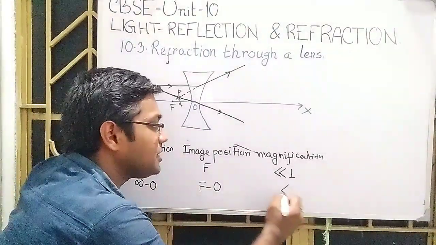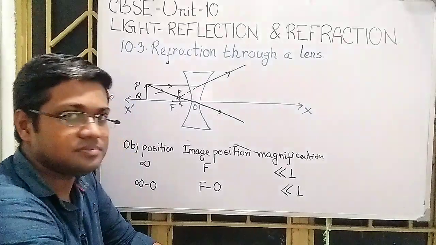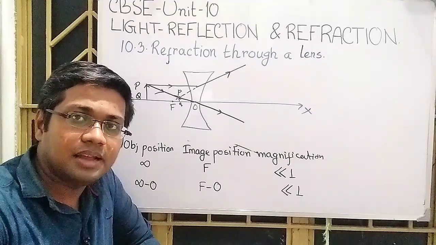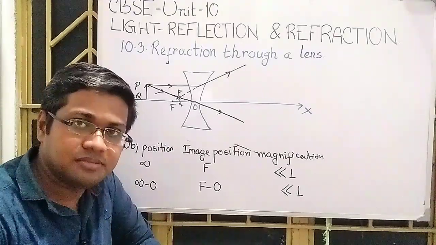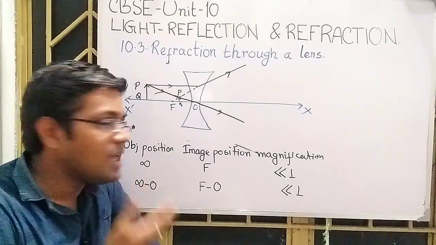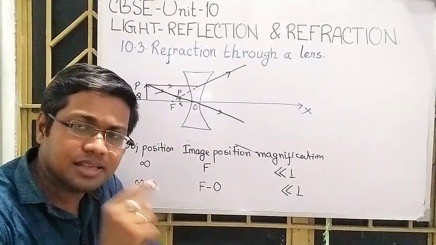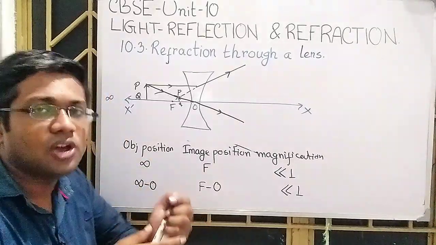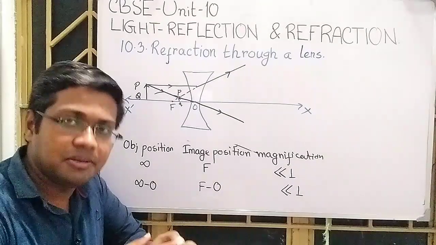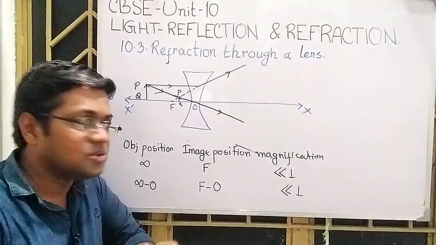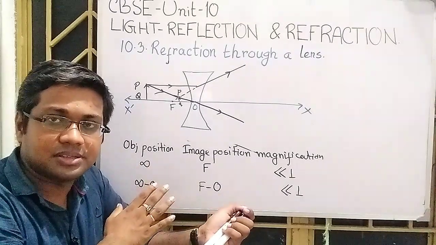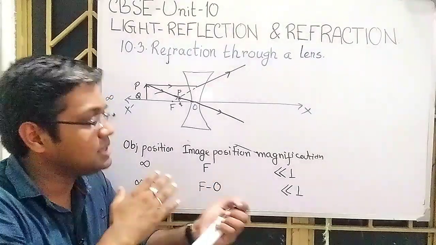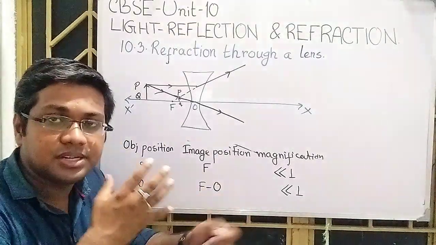And here also the magnification is less than 1. So this is one particular type of lens, and that's why it is important. Here the image that is obtained is always virtual, and the size of the image is always less than that of the object. Okay. So these are the basic characteristics of image formation using a concave lens. This is important because when we do the numericals, we will understand how to apply the object distance and image distance.